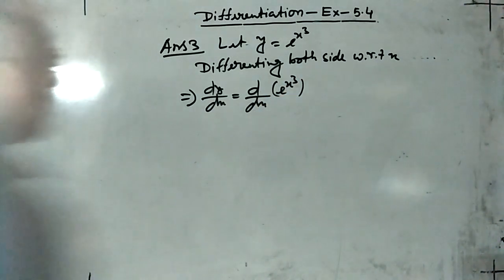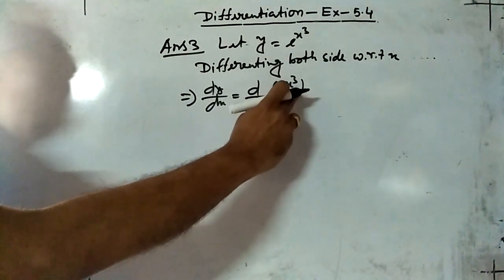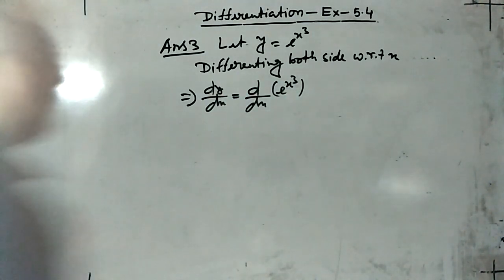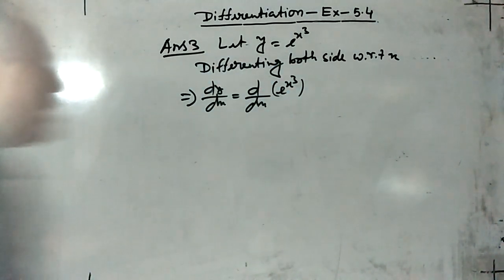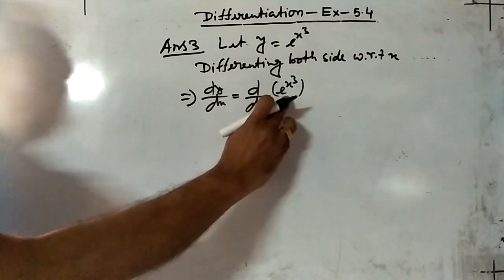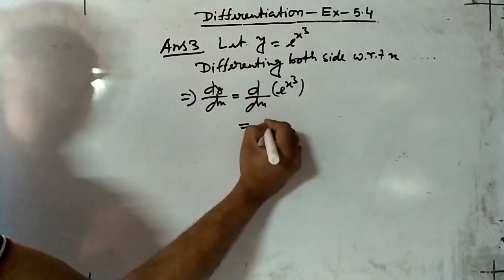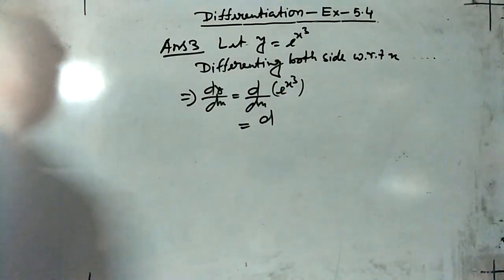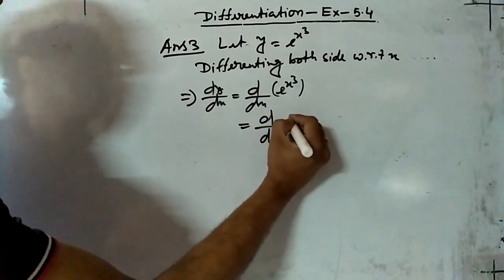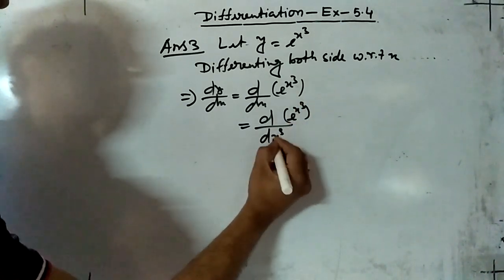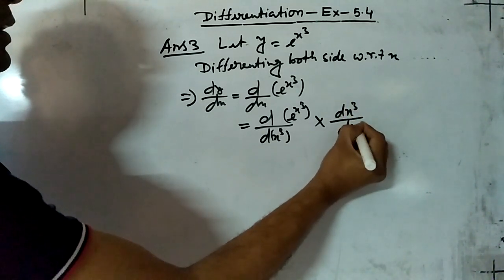Now we have to think which rule we have to use here. Directly we can't differentiate with respect to x, because if it is e to the power x, then its derivative we know is e to the power x, but if in place of x any other function is given, then we have to use chain rule, because it is a composite function of e to the power x and x cube. So we have to use chain rule. That means e to the power x cube can be differentiated with respect to x cube, that is d by d(x cube) of e to the power x cube, into d(x cube) by dx.